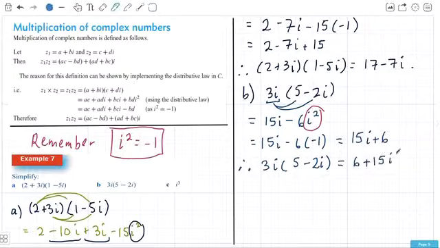You should really put these so that your imaginary part is always second. It's just the convention for how we write them. And the last one we're going to look at is a nice quick one, which is